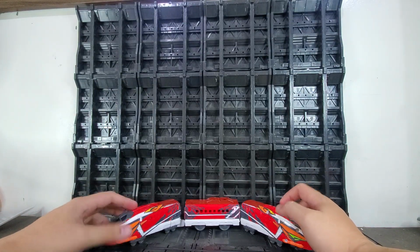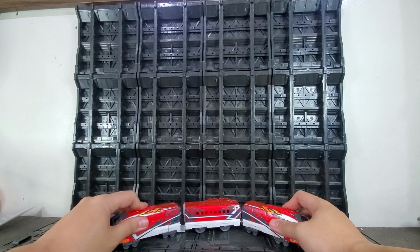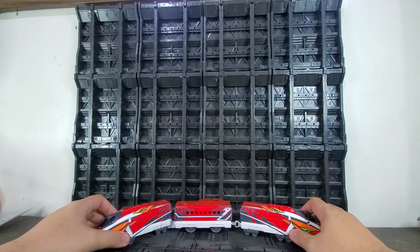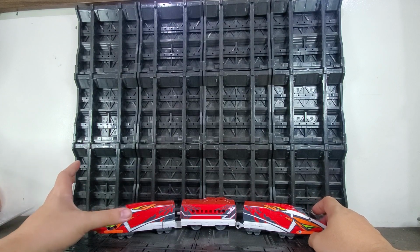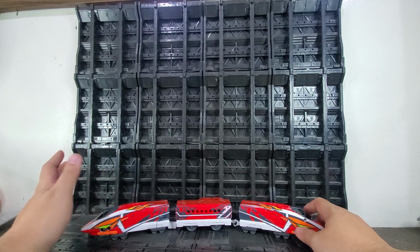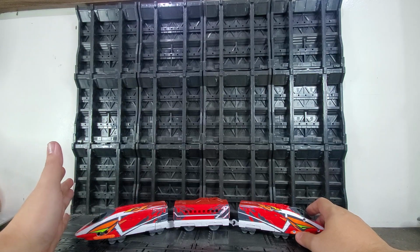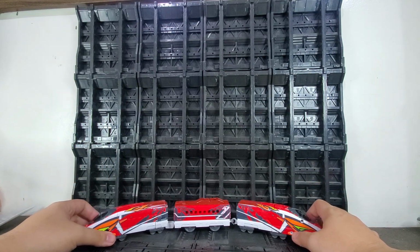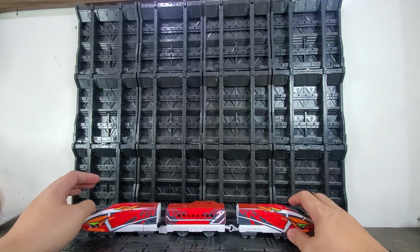You get the Bullet Train 500. I don't really know the Japanese name for it. Shinkalion. Pretty sure there's an actual train that looks like this in Japan, because they're all based off. There's an Evangelion themed bullet train. So it's based off a real thing, and it rolls on the standard